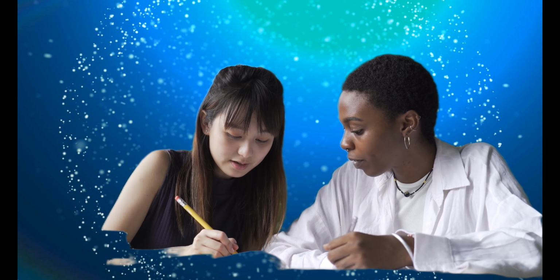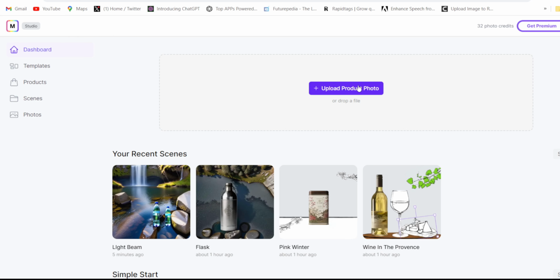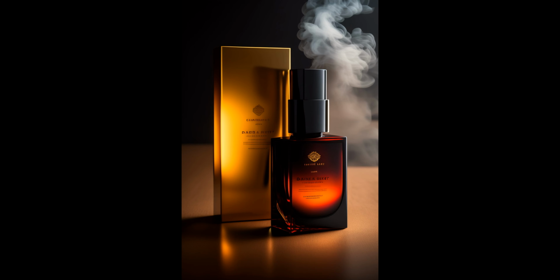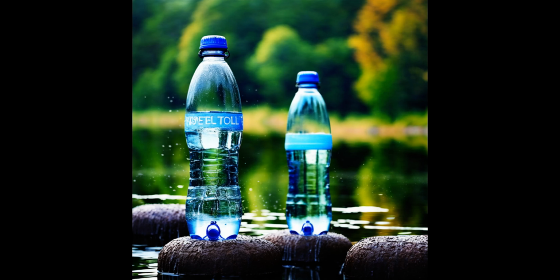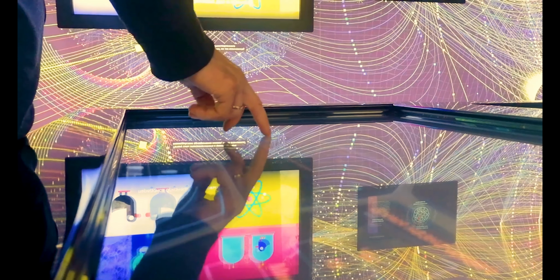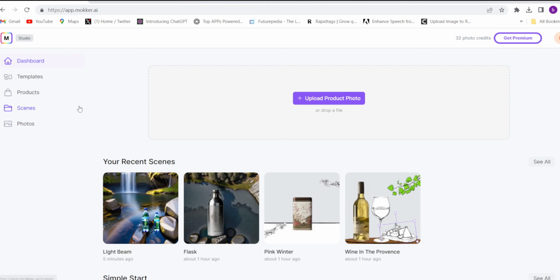Instant AI background replacement. Upload a photo of a product and Mockers AI magically replaces the background in a realistic way. So no more Photoshop. Try it for free. So come to this website app.mocker.ai, upload your product image